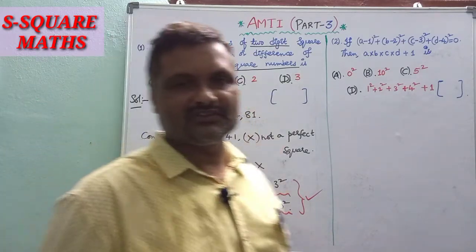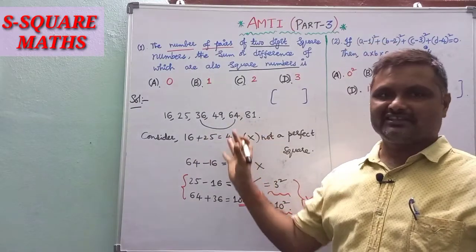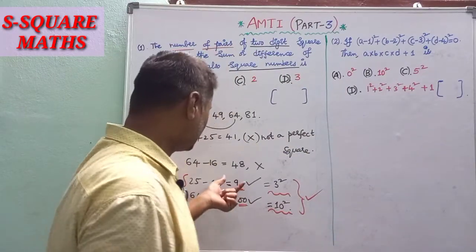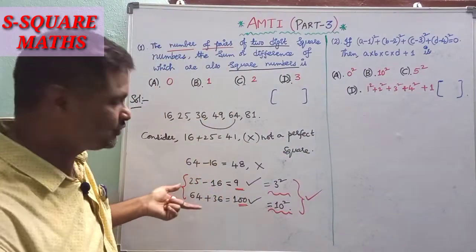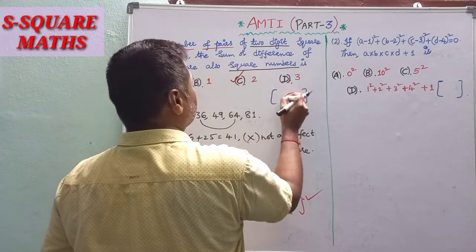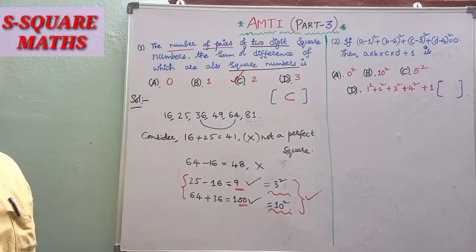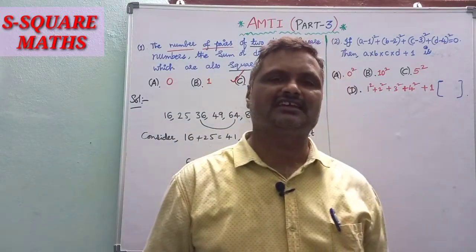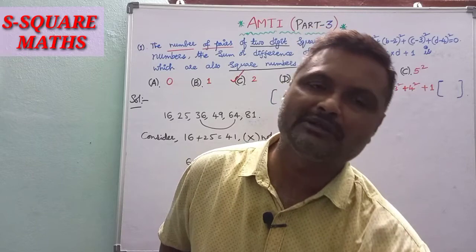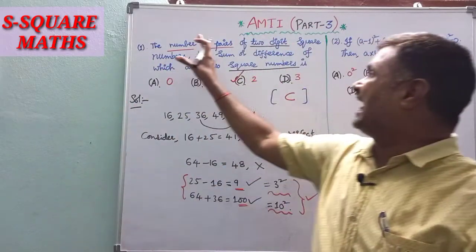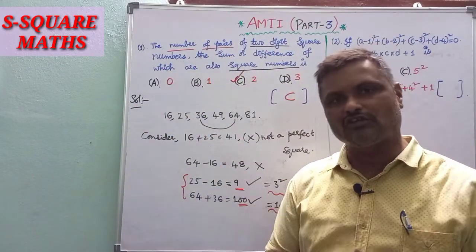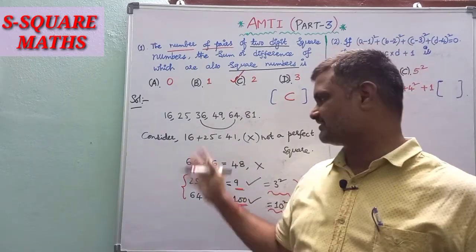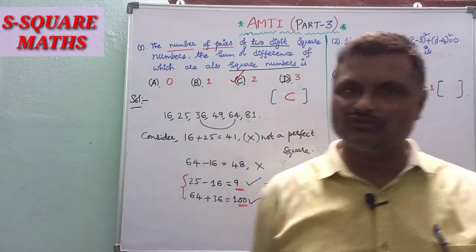So please viewers, for the sake of time I have considered only two examples here. You can take the remaining also, but finally it will satisfy only these two, nothing but two pairs. So nothing but our C option. So after seeing the question, don't panic. Please viewers and subscribers, whoever is watching my video, analyze the question, get the concepts. Two-digit numbers and square numbers, these two you should know. Next, sum and difference. So like this you can proceed.